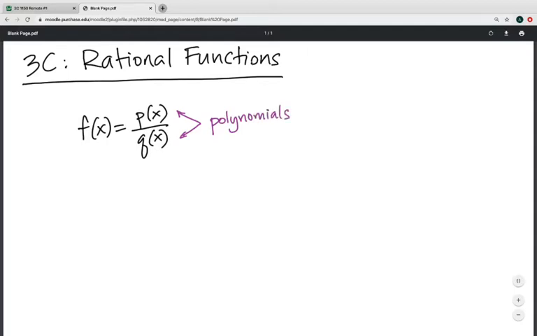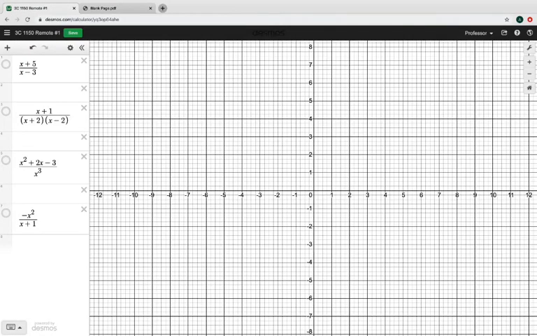And then the graphs don't look anything like what our polynomials do. When we divide two of them, it gives us something completely different. So I'm going to head over to Desmos and just take a look at a few so we can get an idea of what these graphs look like. These graphs can look like lots of different things, but we'll pick some basic ones to get started. This is the function f of x equals x plus 5 over x